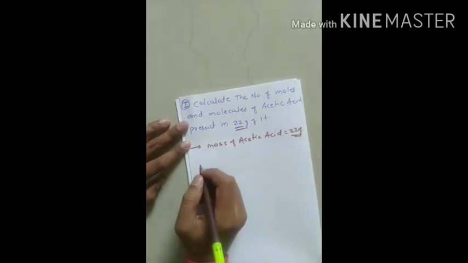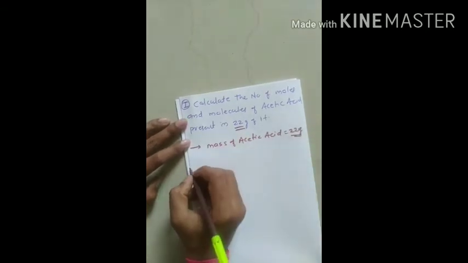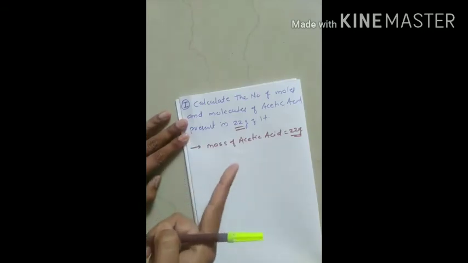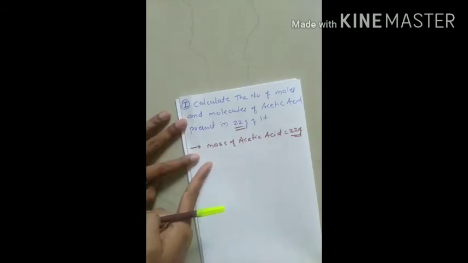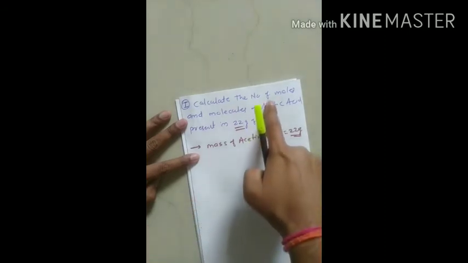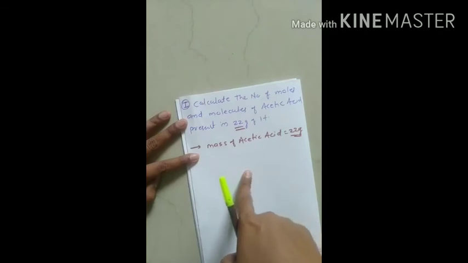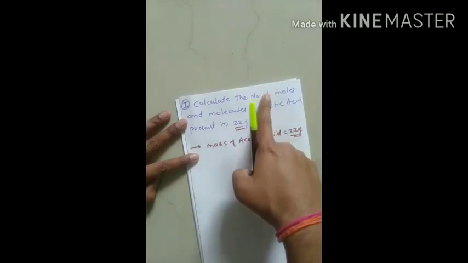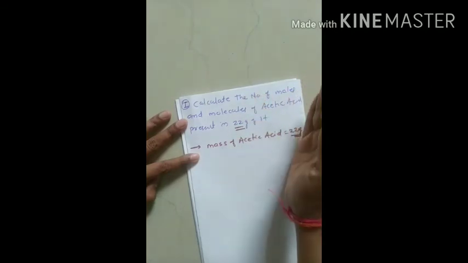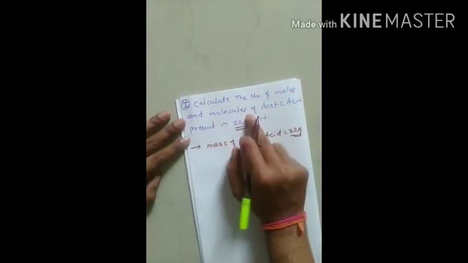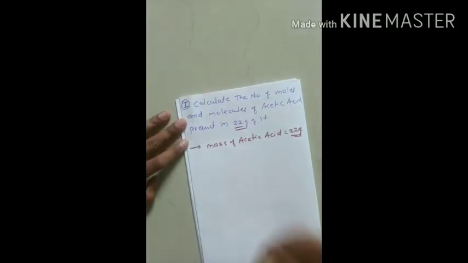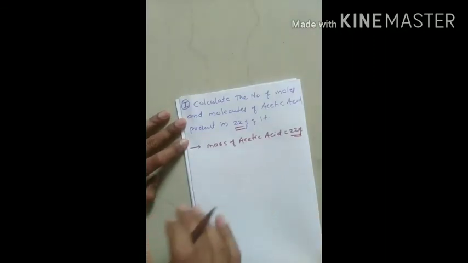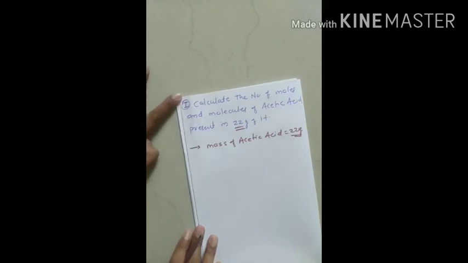Okay, so then we have to calculate the molecular mass, because once you calculate the molecular mass, we can write down the value of molar mass, and once you get the molar mass, we use the formula: number of moles equals mass of substance divided by molar mass of substance. Then we will get the number of moles, and when we multiply it by Avogadro's constant, that gives me the number of molecules. So before solving any numerical, we must know what strategy or what sequence I am going to apply, isn't it?